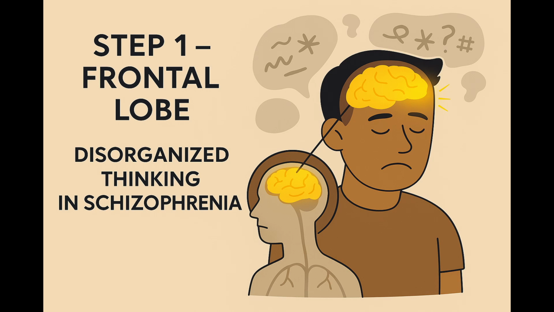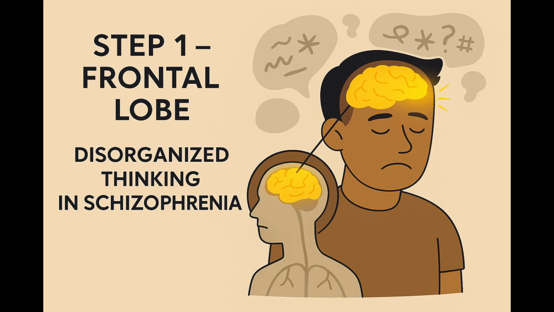difficulty focusing or problem-solving. In the animation, this might be visually reflected by flickering activity in the frontal lobe area, thought bubbles filled with jumbled words or symbols, the character appearing confused or mentally overwhelmed. This stage helps explain why individuals with schizophrenia may struggle to express themselves clearly, follow logical steps, or act appropriately